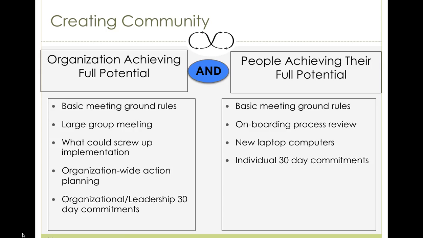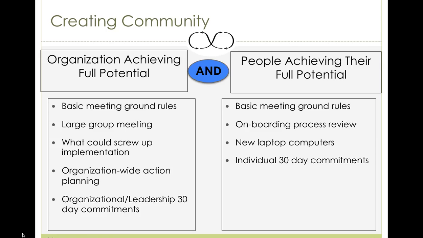And then there was the organization-wide action planning. Near the end of the afternoon, they looked at what can we do that has impact across the entire organization that will have an immediate difference that it'll make. And then the 30-day commitments. So again, you can go back to the design and say, what was it that came out of the leadership team that said there were 30-day commitments? And coming out of that, remember, one of the things had to do with the laptops, which I pointed out, and the screen size and the batteries that it would carry and so forth. But those were 30-day commitments for the organization as a whole.